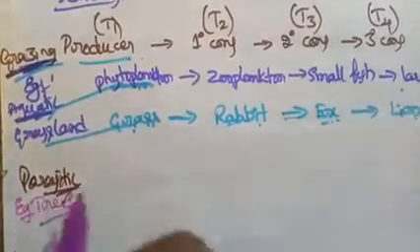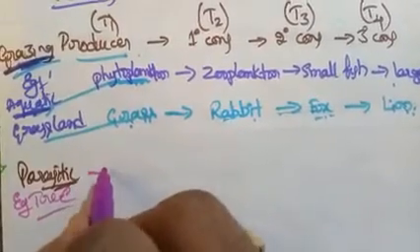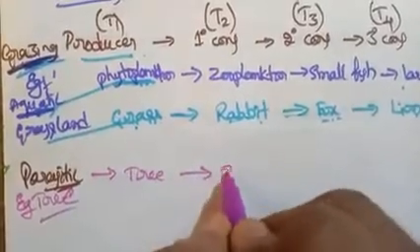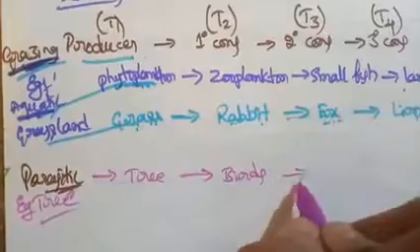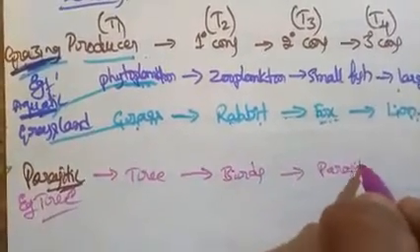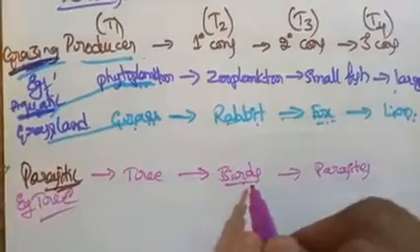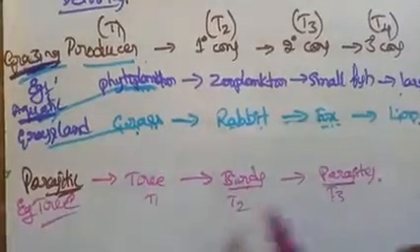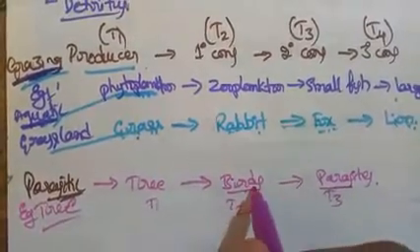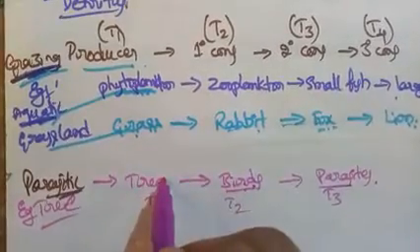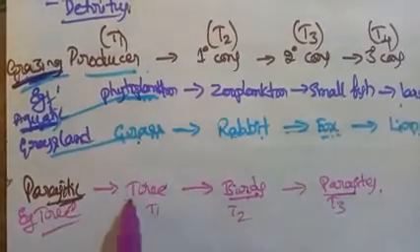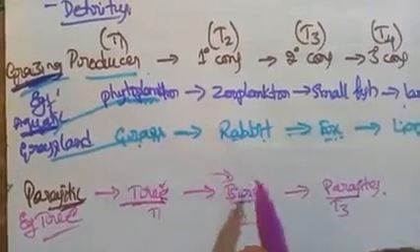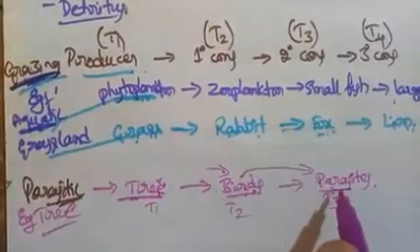Here the producer is a tree, and then that is eaten by some of the birds, and these birds are having some parasites, meaning the birds are the source for the parasites. That means here T1, T2 and T3, three different levels. Parasites are dependent on birds for the food source, birds are dependent on the tree for their food source. Likewise they are dependent. See, this is a larger one. This large organism is eaten by some of the smaller birds. These birds are eaten by the very micro parasites.